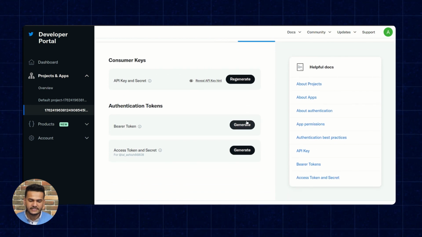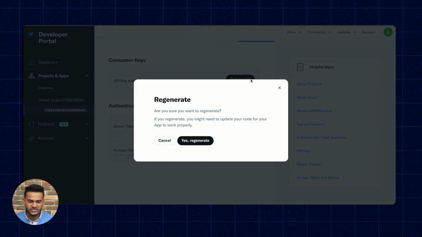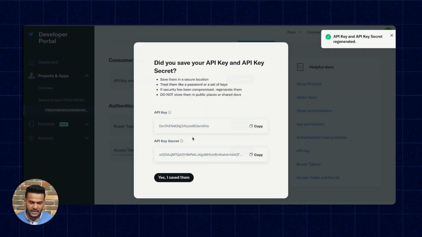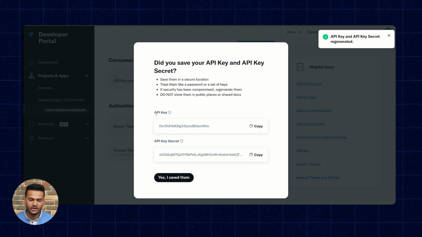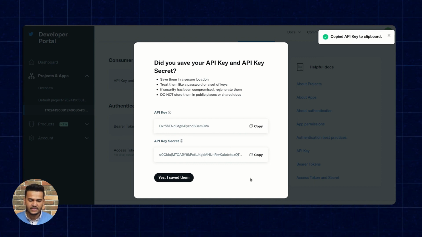Once you click on keys and tokens, here you'll have to regenerate the API keys as well as the secret token. Here, as you can see, we already have the API key. You simply have to copy paste it. And next, here we have the API secret key as well.